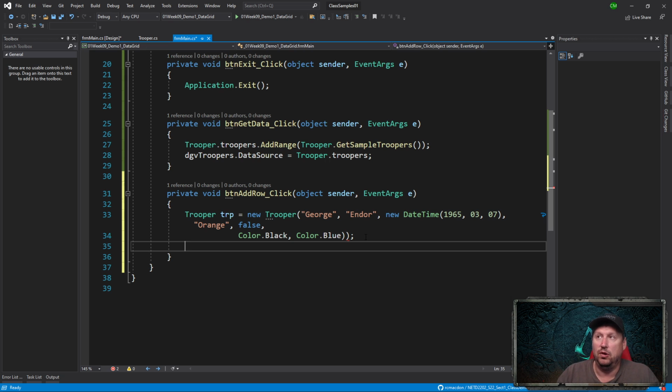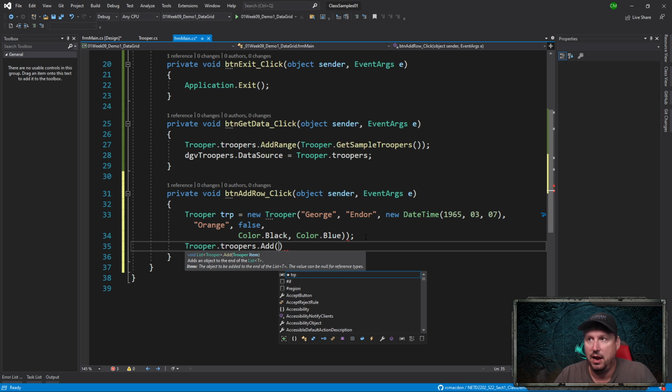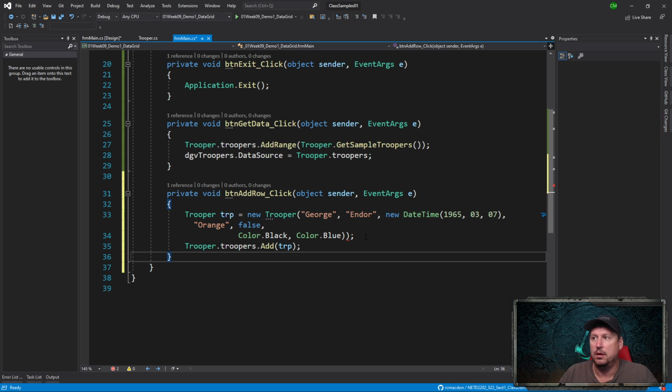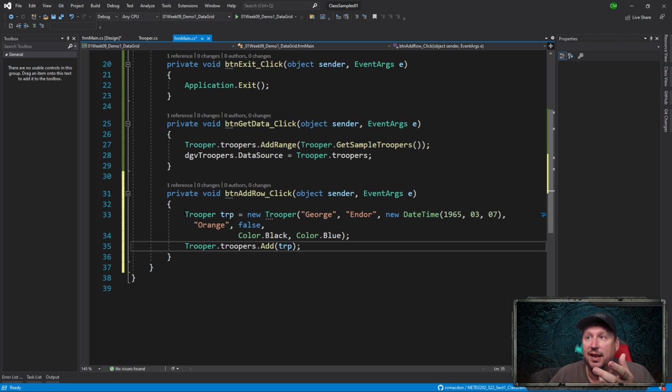Now what we can do is we can say trooper.troopers.add, and we're going to add the new trooper we just created. Okay, there we go. We've got an extra bracket in here. Let's get rid of that. Okay, so when I hit this add row, we're going to instantiate a new trooper and add it to the